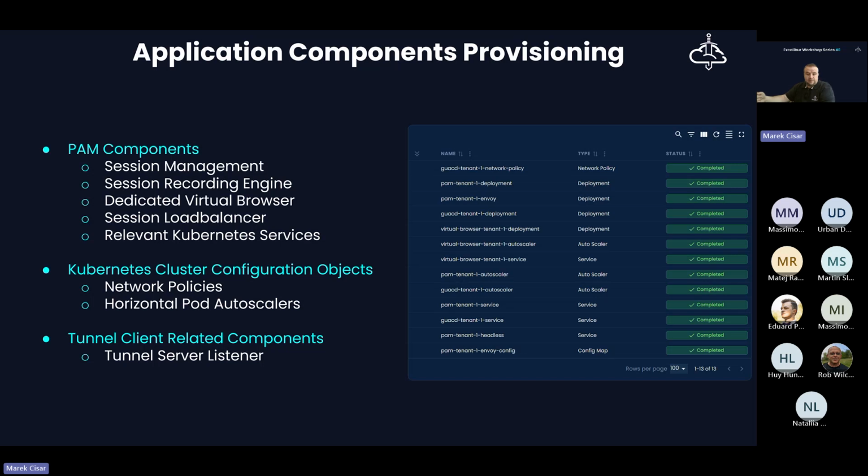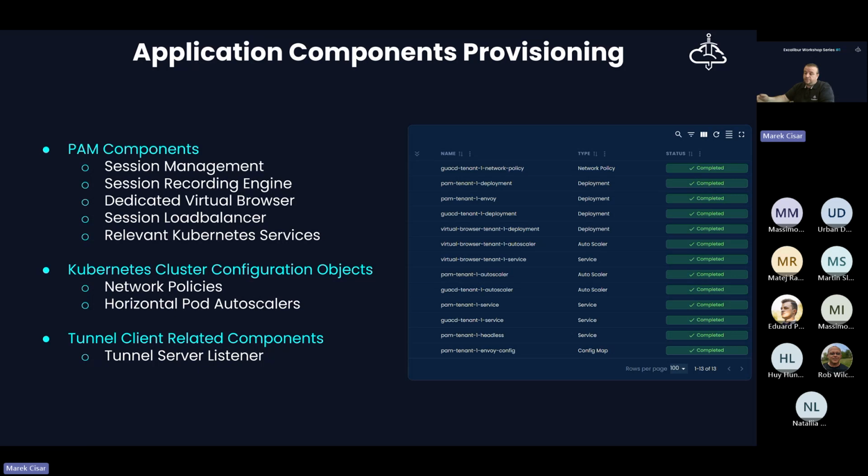Also, when we are talking about PAM sessions, we need to talk about web-based PAM sessions. So the virtual browser is also a dedicated component for each tenant. Each tenant has his own running virtual browser instance.